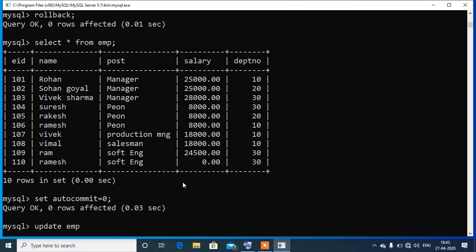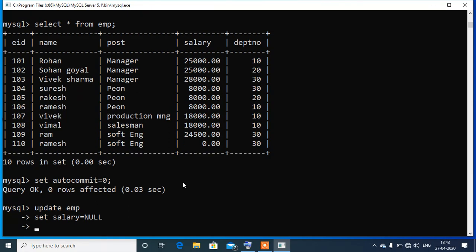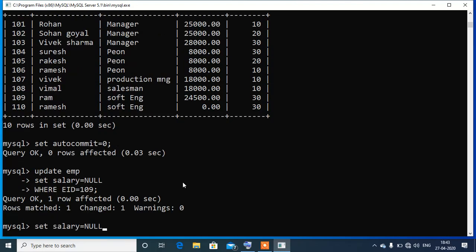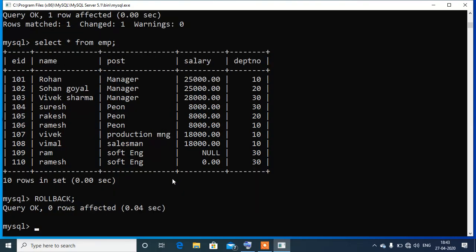Now again if we write UPDATE emp SET salary = null WHERE EID = 109, you can see again the value is set to null. Okay, वैल्यू नल हो गई. अब अगर हम रोल बैक स्टेटमेंट यूज़ करें, ROLLBACK सेमीकोलन एंटर, तो ध्यान से देखिए कि